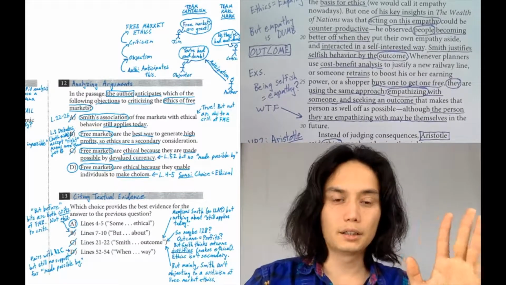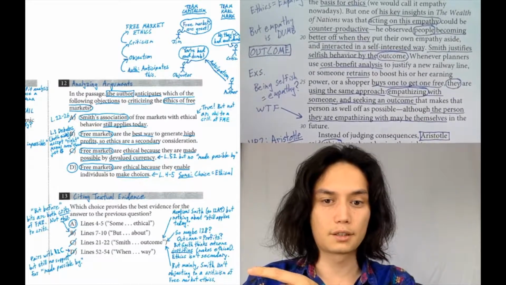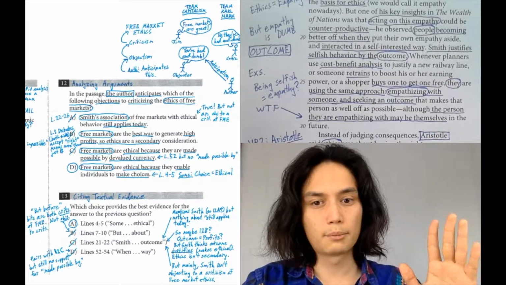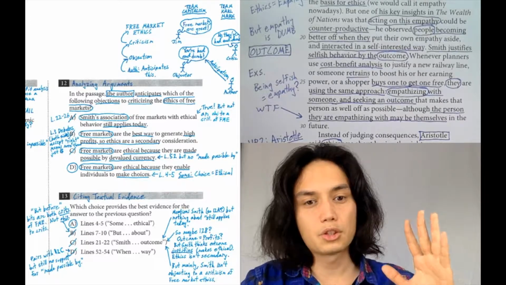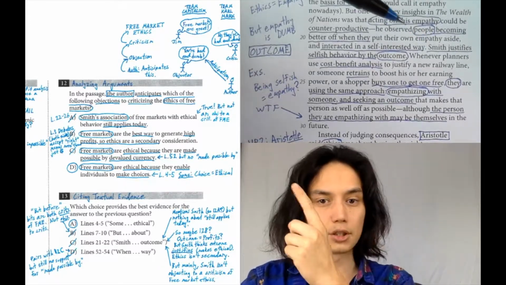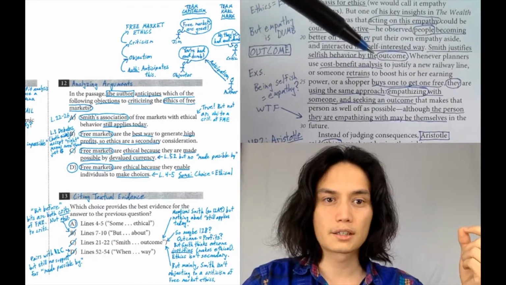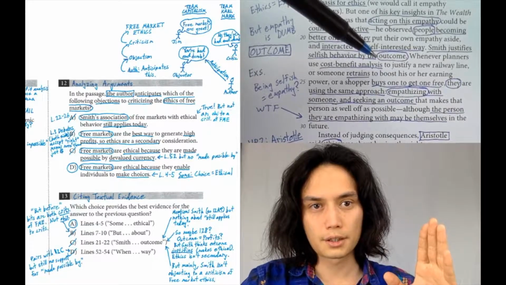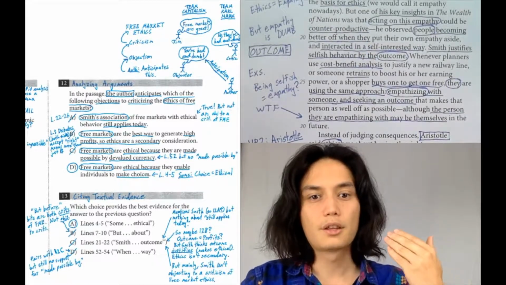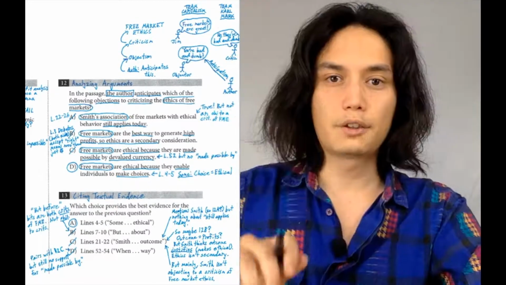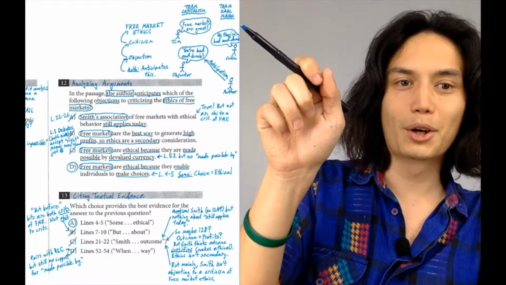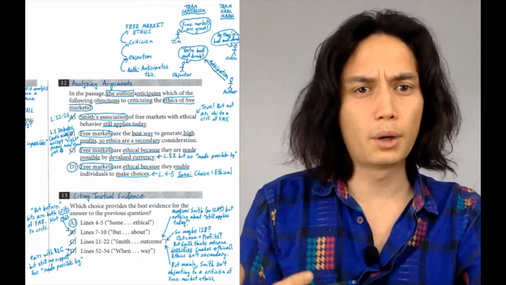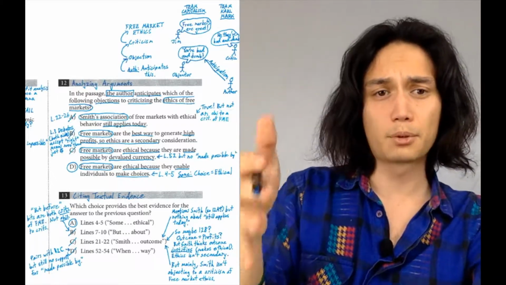Okay. Last but not least, and I think really not least, this is kind of the main reason: this claim here that we're talking about fills the wrong argumentative role. This claim of Smith in general, any of his beliefs, either the one that's mentioned in question 12 or this one where he's justifying selfish behavior by the outcome, these are not objections to a criticism of free market ethics. These are just things Adam Smith thinks. If anything, they're Jim's attitude right here. Free markets are great. There's no sort of argumentative interplay where Adam Smith is responding to critics and the author is objecting to Adam Smith's perspective.